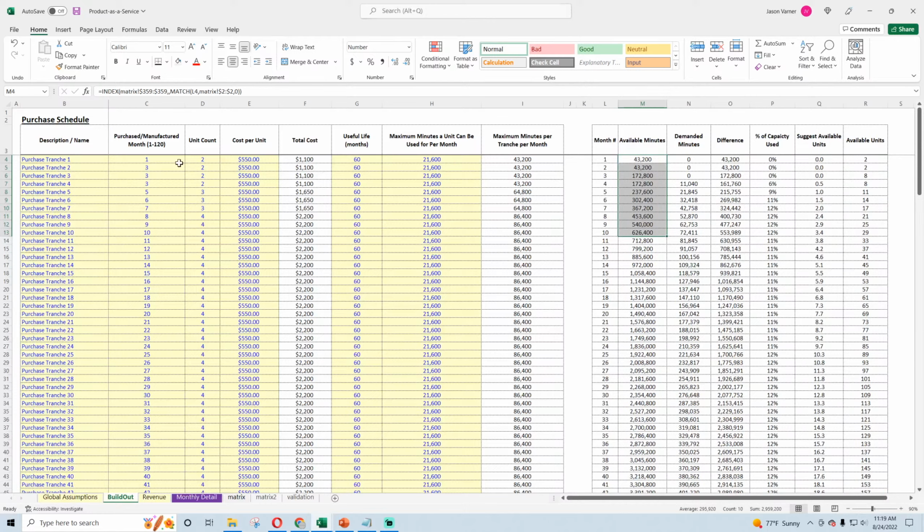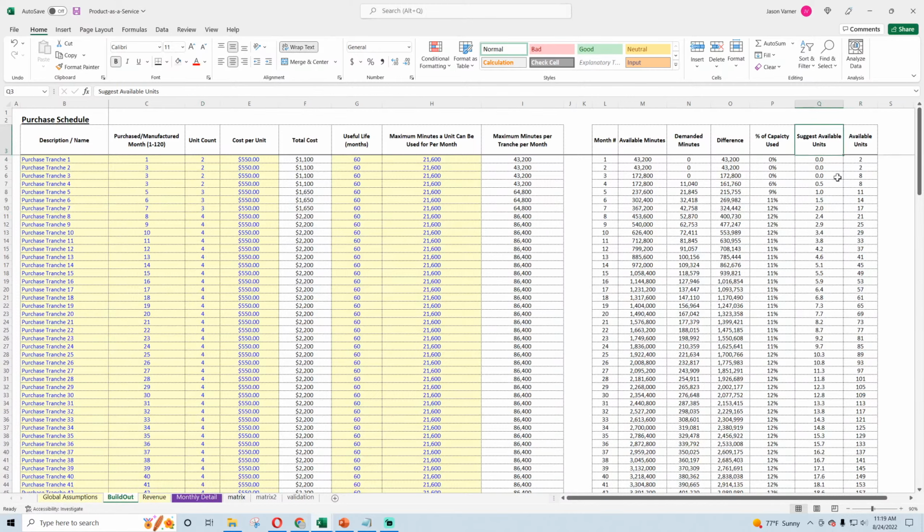However, the main input here is the unit count. So I wanted to distill it down into units available versus suggested. Now the suggested is kind of odd. It's based on this maximum minutes a unit can be used for, but that's a variable. So we can't really compare the total demanded minutes against this. So I'm trying to think what would make sense here.